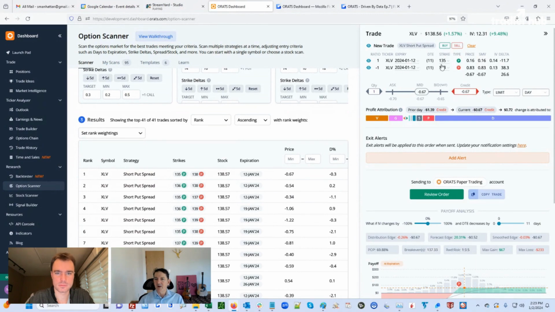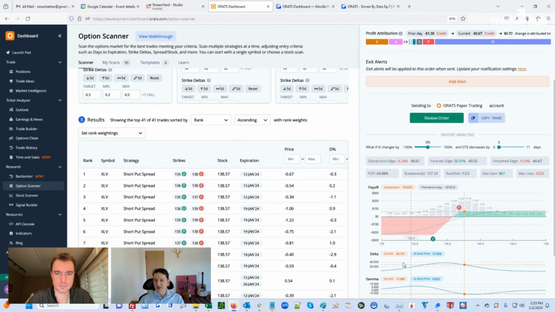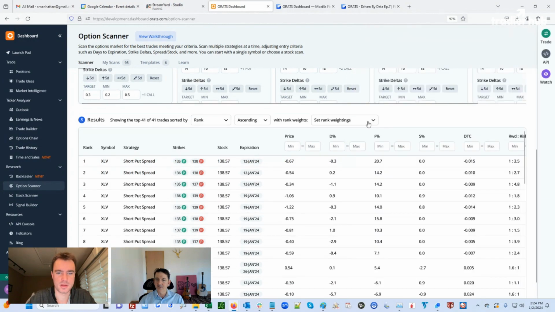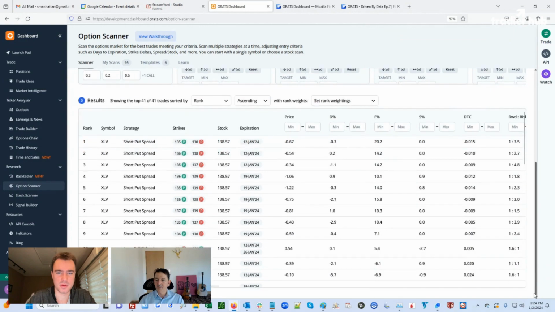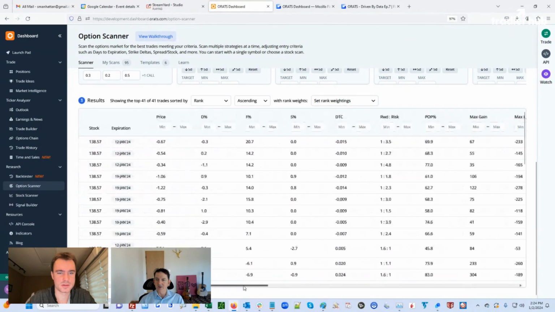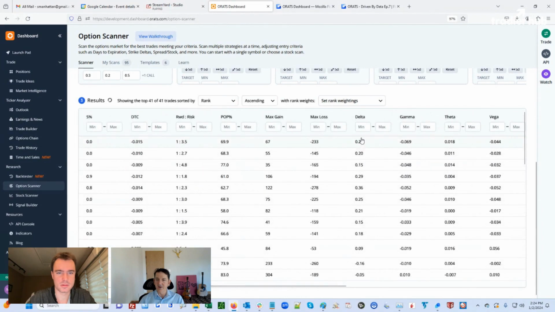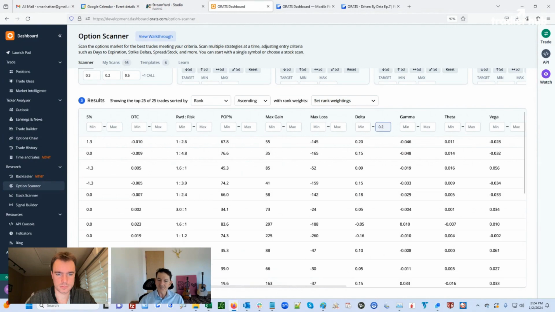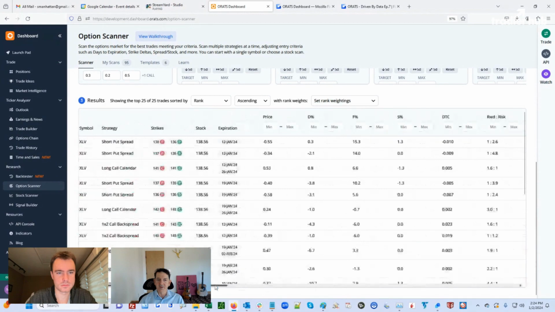We want to be a little bit long, and the delta is pretty long, 28. So that might be a little bit long for my taste. And you have a fair amount of loss here compared to what you're going to make. We can change how we weight those metrics. That risk reward maybe needs to be a little bit higher. Yeah, I'm also going to look at the delta too. I don't want to be that long. So the max delta I want on this is, let's just say 0.2, and that will get me